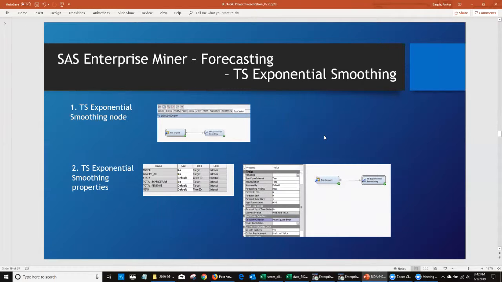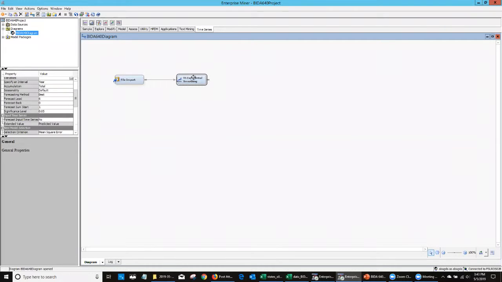After this initial analysis of the data and all the time series, we decided to move forward to do the forecasting. For forecasting, we will use the exponential smoothing node. After selecting the exponential smoothing node for total revenue, we decided to have these values. So if I go to SAS Enterprise Miner and open the exponential smoothing node, we decided to have this